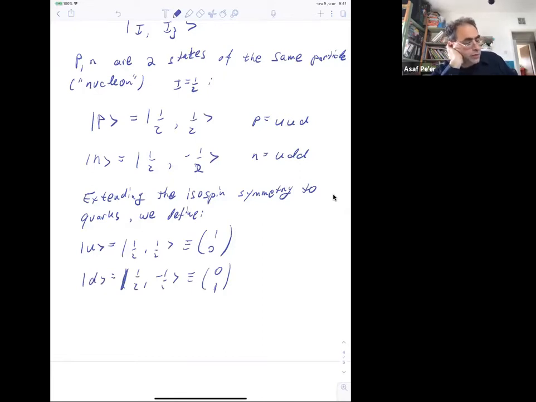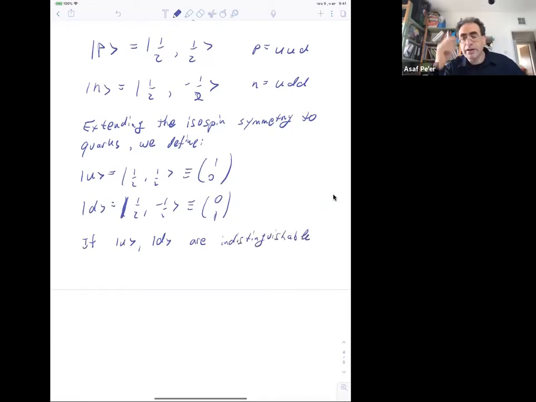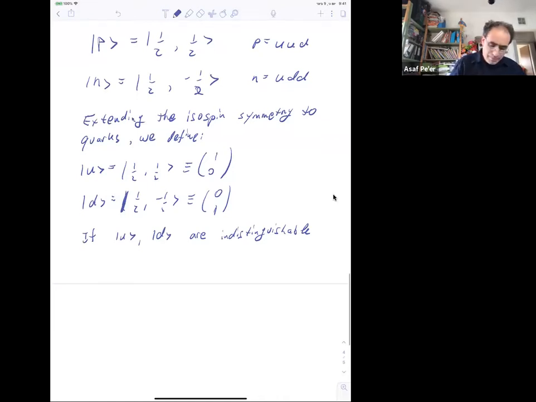So if the up and down quarks were truly indistinguishable, right, then the flavor independence of the QCD interaction could be expressed as an invariant under some general unitary transformation, right? We could write down, so if up and down quark states are indistinguishable, right, that's the meaning of a symmetry, or nearly indistinguishable, then the flavor independence of the QCD interaction